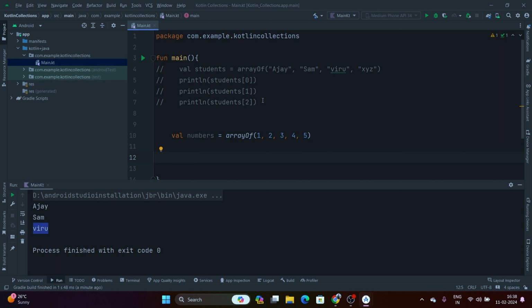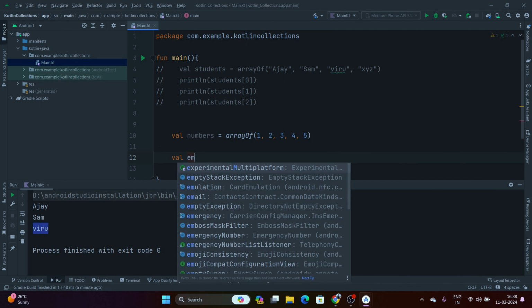So let us suppose a user wants an array, but he doesn't want to initialize all the values for now. He just wants an empty array, or we can say an array with all the elements 0, and he will be initializing the values sometime later. So how do we do it? We can simply say val, we can say empty